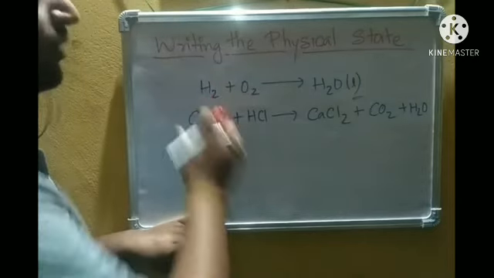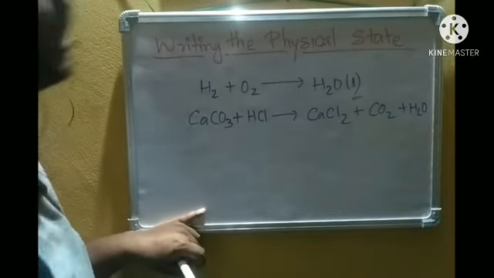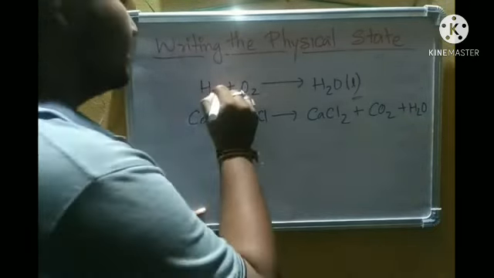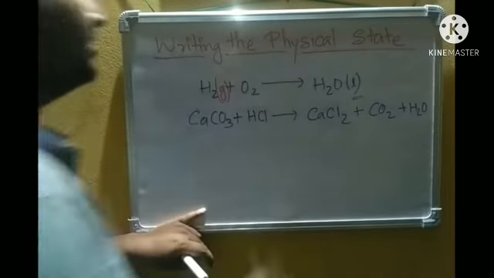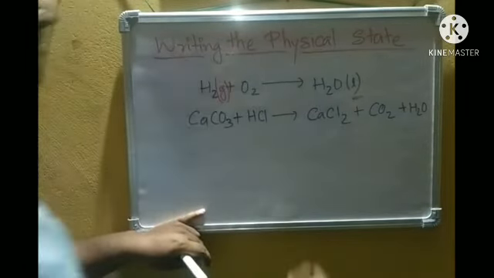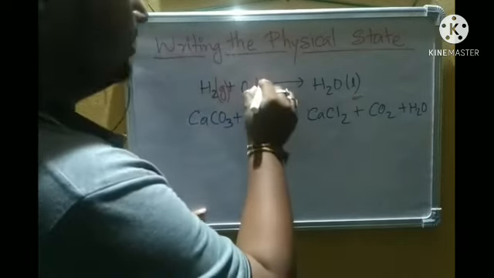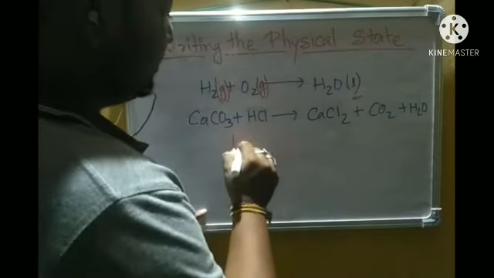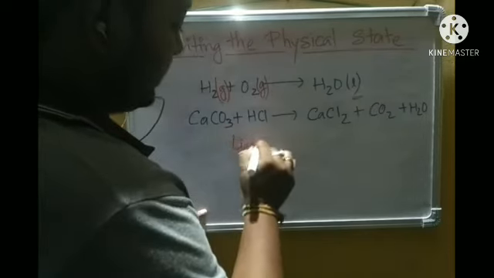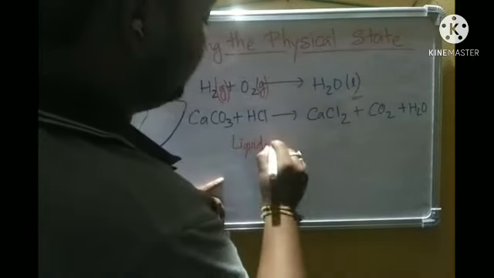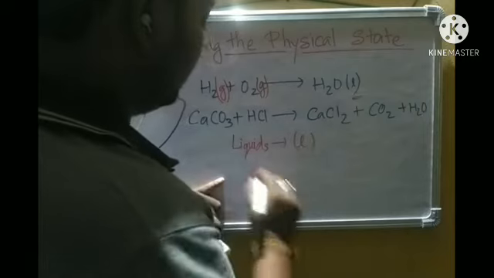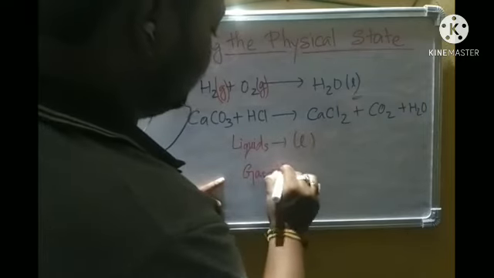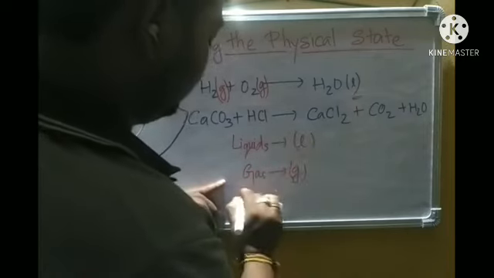Similarly, you have to write the physical state for every compound in this chemical equation. So this is H2, that is the hydrogen molecule, and we all know the hydrogen molecule exists as hydrogen gas. So we will be writing G. Similarly, oxygen is also a gas, so we will write G. So generally liquids are represented by L, gas by G,